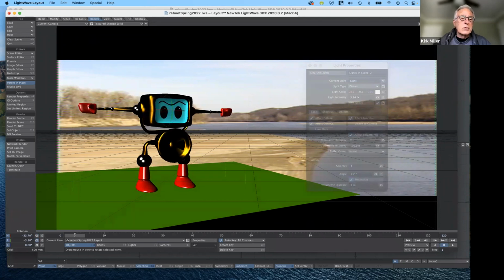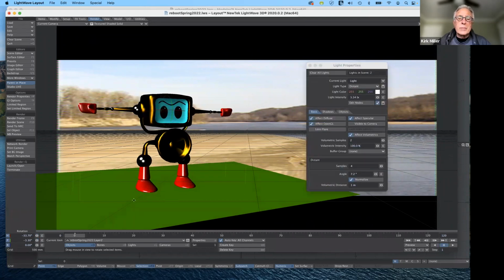Now, there is a tool that enables you to match the perspective of the grid. And that's what the